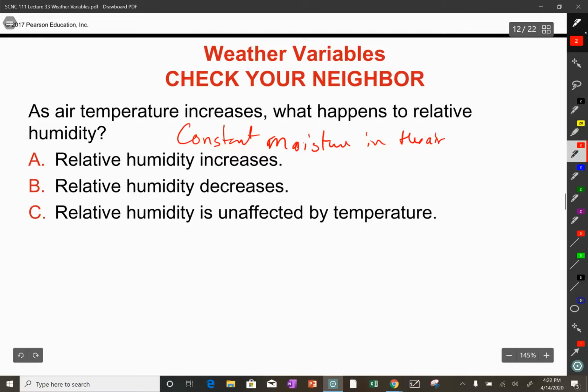If there's constant moisture in the air, a lot of people are going to say, well, that means the humidity remains constant, and they're going to be right. But that's not what our answers are. Humidity remains constant, but these are all relative humidity. That word relative